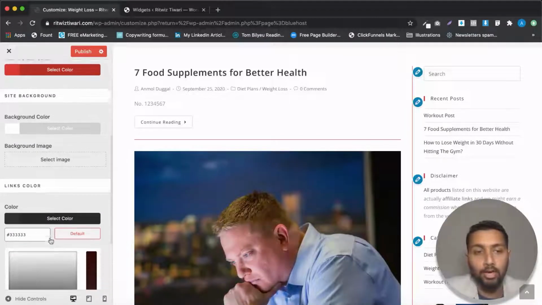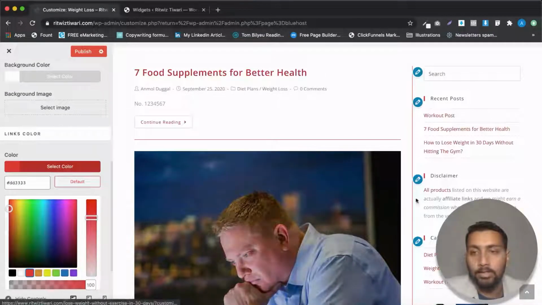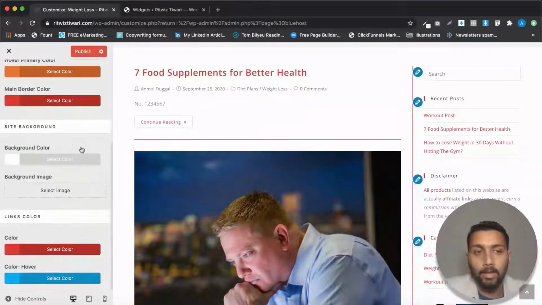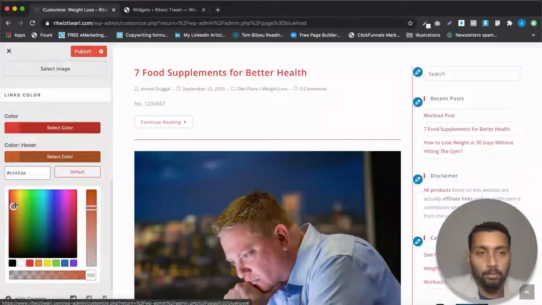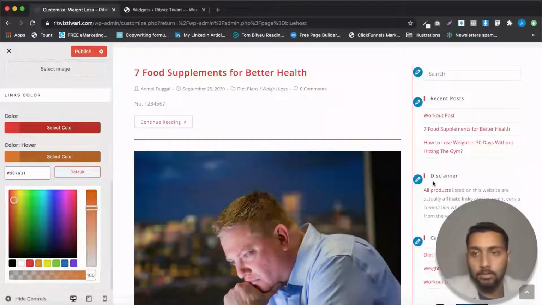If I want to change it to red, I can do that directly from here. See, now all the link colors have changed to red. See, this has also been changed to red. And the color hover, I can change it to something around the lines of orange, just like I selected before. So let me just change it. Okay, so let's see, where did it change? It must have changed somewhere. Yeah, so see here the link color has changed on hover.